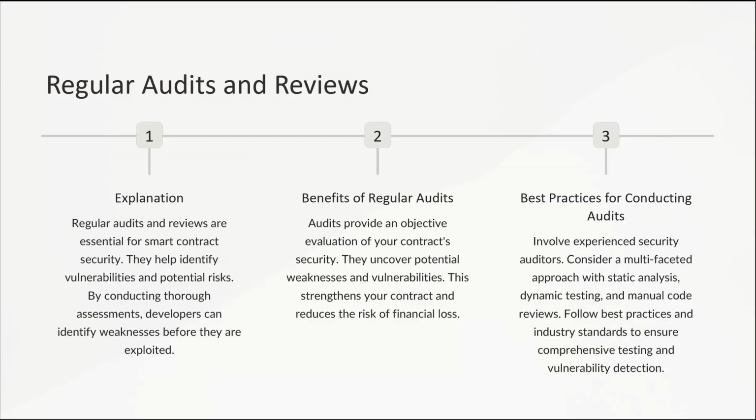Regular audits and reviews. Regular audits and reviews are essential for smart contract security. They help identify vulnerabilities and potential risks, providing an objective evaluation of your contract security. You should conduct thorough assessments involving static analysis, dynamic testing, and manual code reviews. Follow best practices and industry standards to ensure comprehensive testing and vulnerability detection. Involving experienced security auditors in a multifaceted approach ensures that your smart contract undergoes rigorous scrutiny, uncovering potential weaknesses before